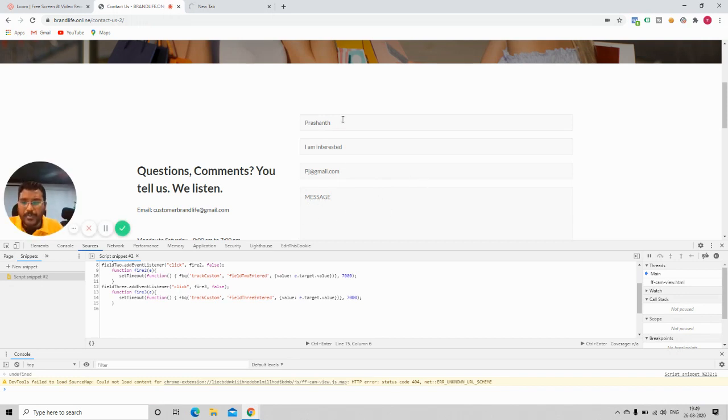But I hope you're able to understand. Whenever people click on the first field, I send information to Facebook. Whenever people click on the second, I send a custom event to Facebook saying he entered the second field. When he entered the third field, I sent a custom event that he entered the third one. This way I can set up a funnel in Facebook with all the events and see the number of people who drop off from second, who drop off from third.